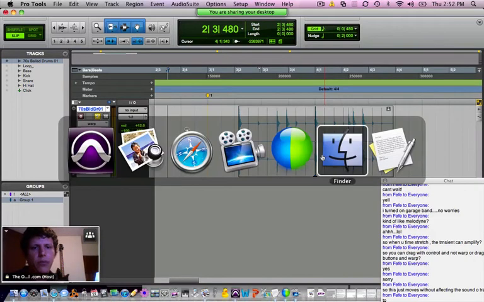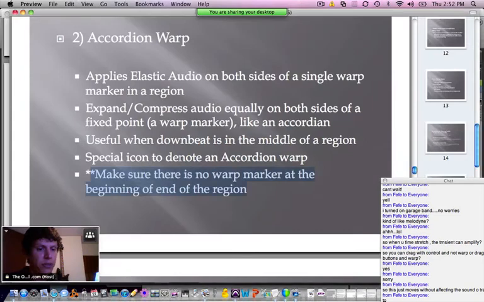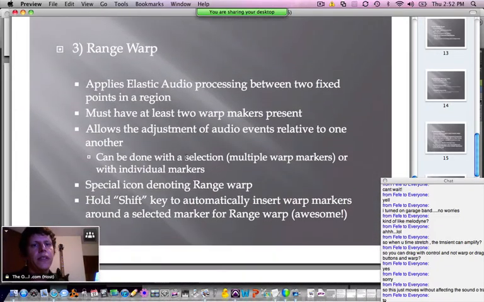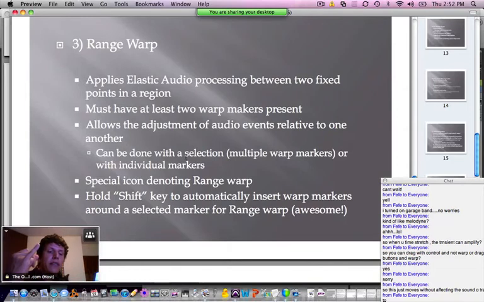Sure. And I wish I should be able to give you a better example of when you would use that, but other than that you want to pin a certain beat down and have everything move around that, I'm not sure what else. I'm sure there's something, but I'm just not aware of it because I don't use it. So that's two. So we've talked about telescoping warp, we've talked about accordion warp, and here's the one that we